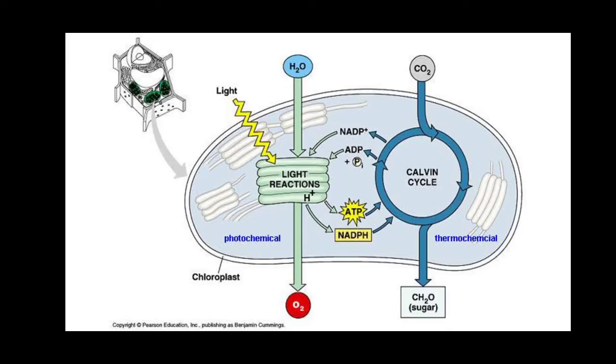So, in the process of photosynthesis, the very first thing that is going to take place is the harvesting of the light. That harvesting of the light is conducted in the granum region, or the thylakoids of the chloroplast. And this particular process goes by the name of light reaction, or to be very specific, it is called